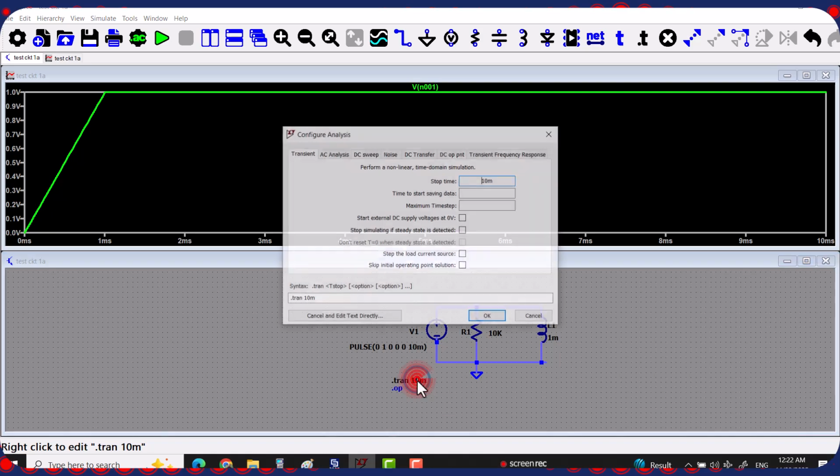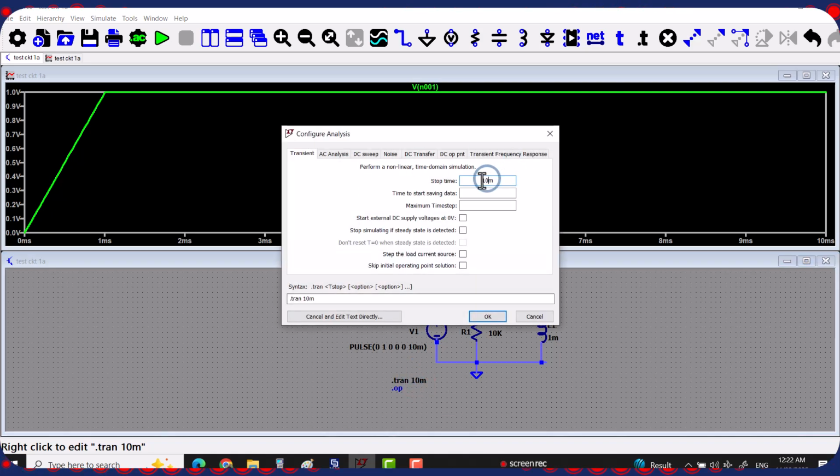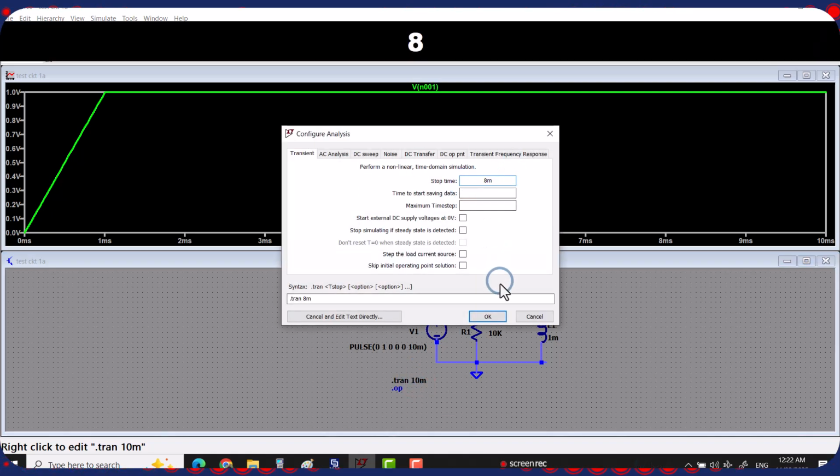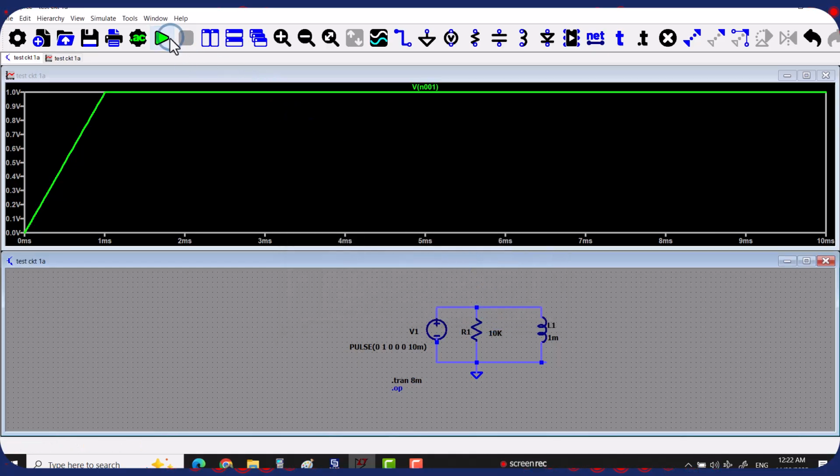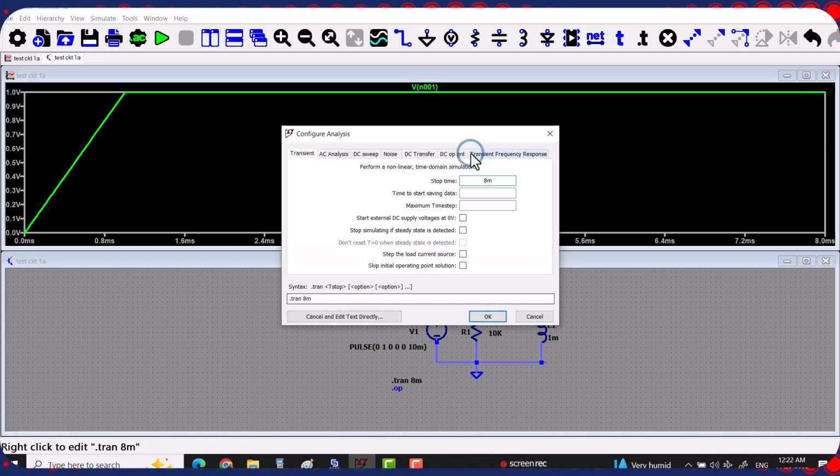Let me check this. If I make it 8 millisecond and run the simulation again, you can see that the end time is dominant as compared to the on time. But if I change it again, make it 10 milli,